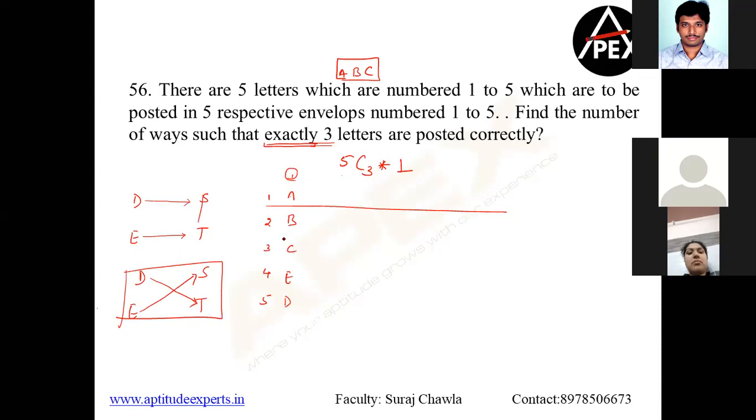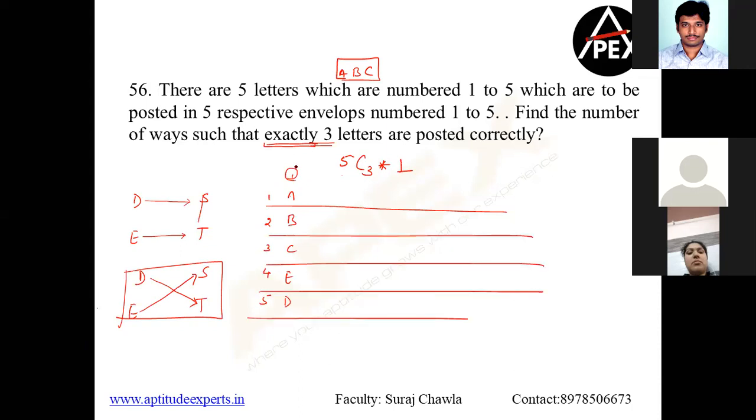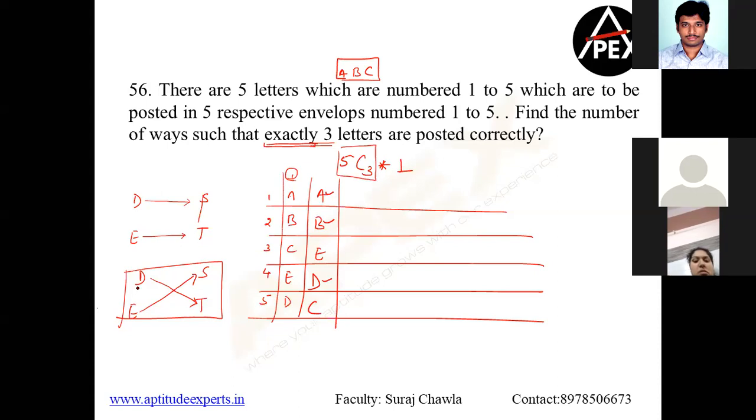Clear? So if you want to know in how many ways you can do this, please understand that is determined by 5C3. Now, my other case can be A is in the correct envelope, B is in the correct envelope, and D is in the correct envelope. So C should not go to 3. So C will go here and E will come here. So can I say exactly 3 of them are in correct envelopes? 1, 2, and 4. Are you getting it? So these cases will be determined by 5C3. Now for the two letters to go to the wrong envelope, we have only one case. So therefore my answer becomes 5C3 into 1.